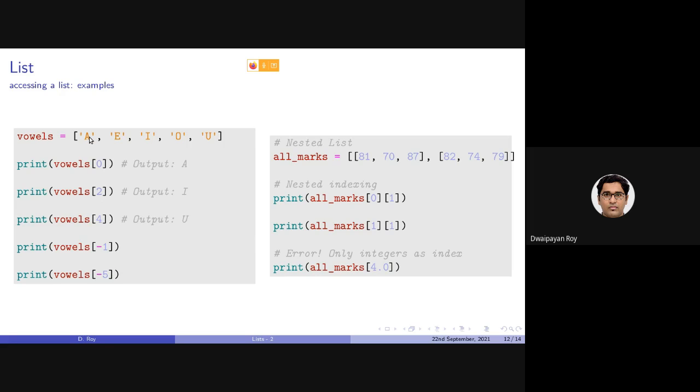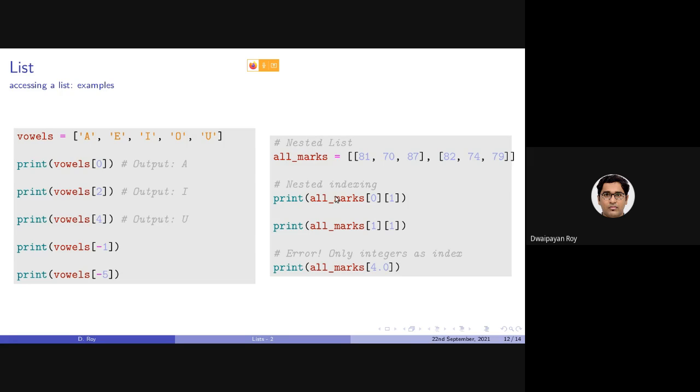Now let's look at the nested list. If we use this nested list, as you can see, all marks contains 2 items, and these individual items are lists as well, each containing 3 values.